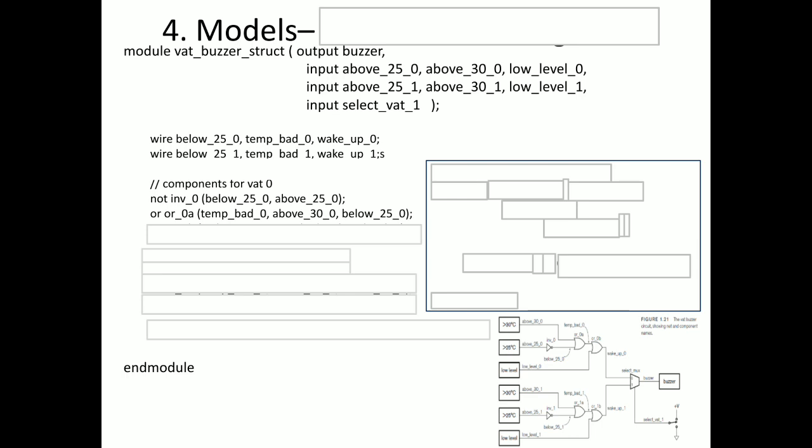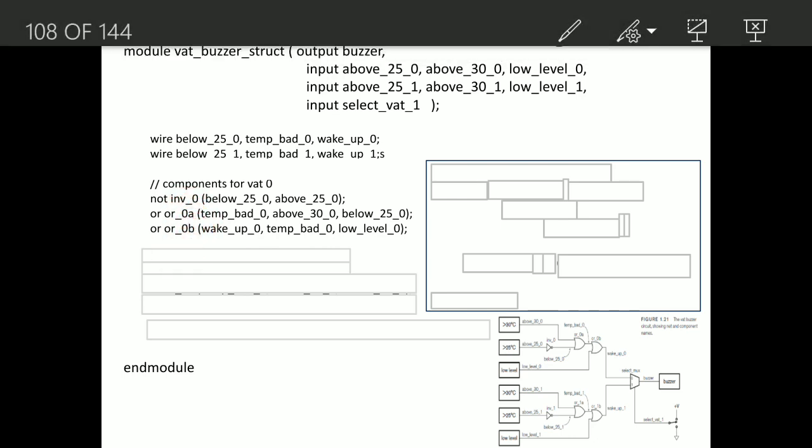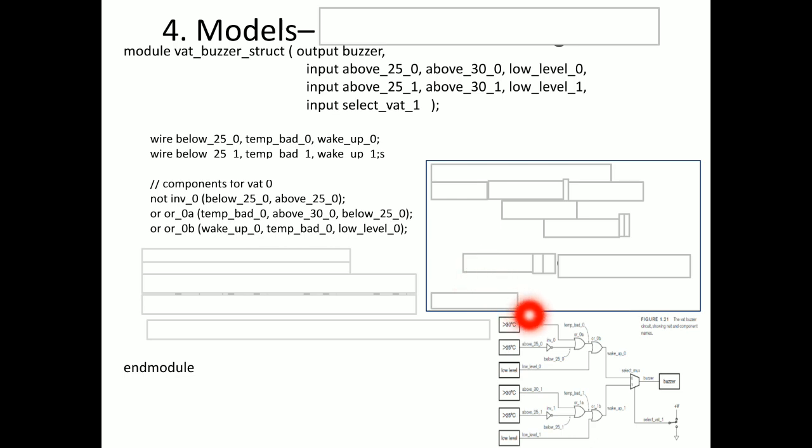Yes, next one is the second OR gate. The second OR gate is also a logic OR gate. To avoid confusion for the reader, for the designer, and importantly for the tool, the tool will report an issue if you don't give the name. That is why we are naming them OR0A, OR0B. OR0A, the A means the first one, OR0B means the second one. That is why we need to name the gates also.